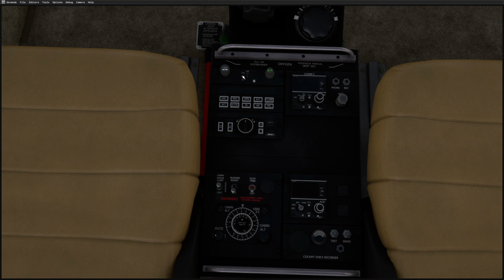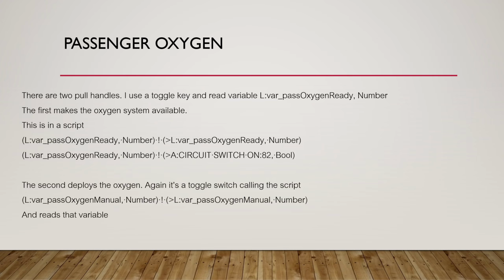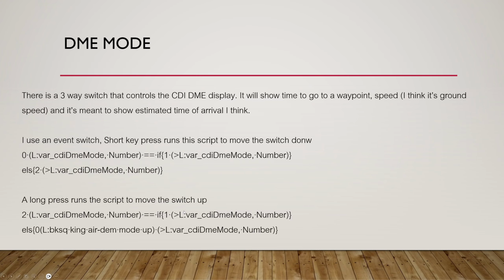And it's going to look at the time to go, the speed, or it'll display, I assume ET means estimated time of arrival, but I'm not sure. At the moment, every time I use it, it just shows 00. So I haven't really explored it. I don't use it that much, to be honest. I tend to fly with the GPS showing me my distance to go, but it's relatively easy to